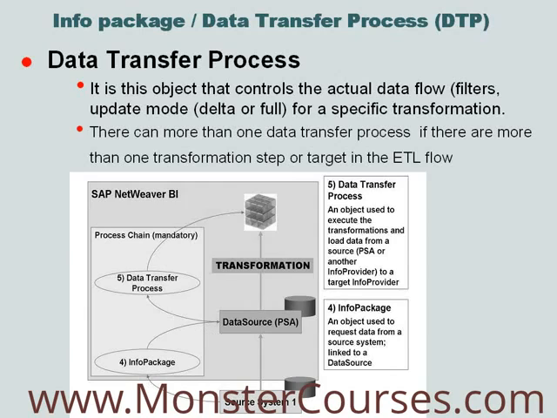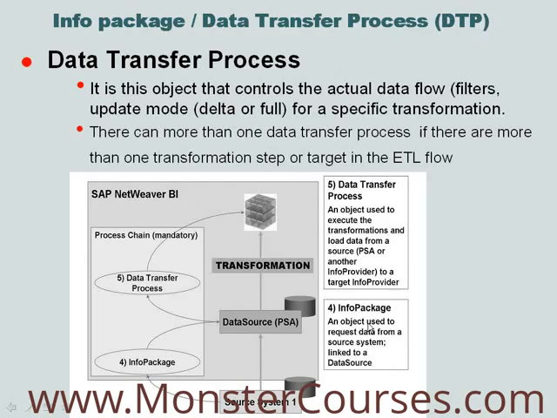Okay. The DTP is the object that controls the actual data flow, where we will have some filters and update modes. This is very important. It determines how the data will be processed into the info cube with the help of transformation. When you want to load data from PSA to multiple info cubes, obviously they will have multiple transformations